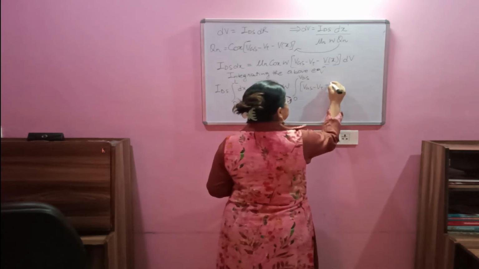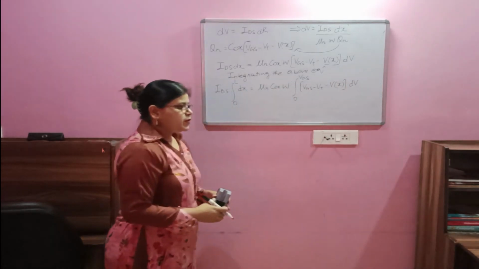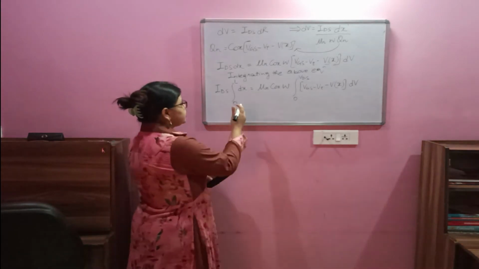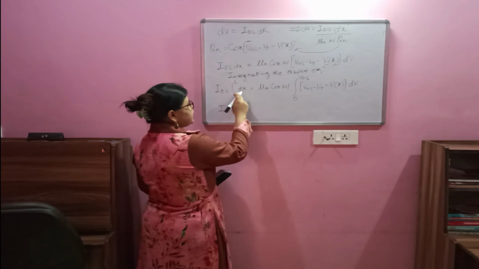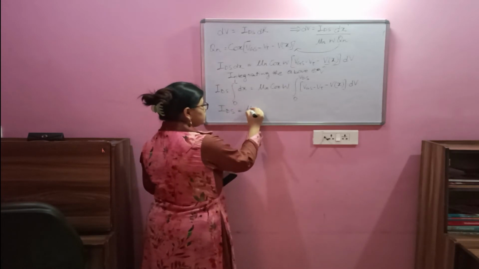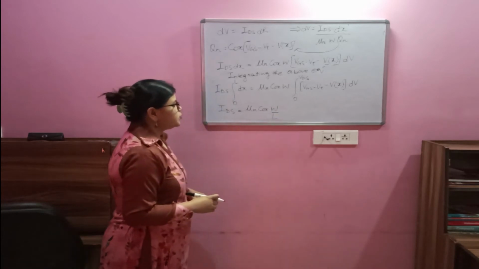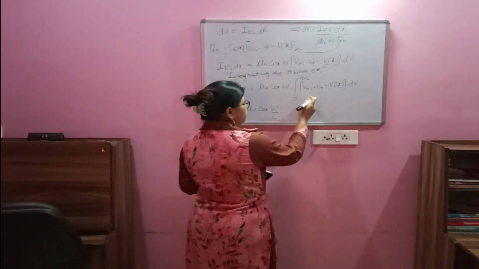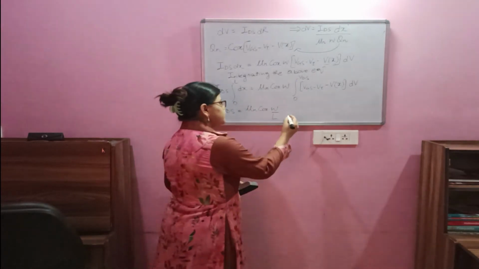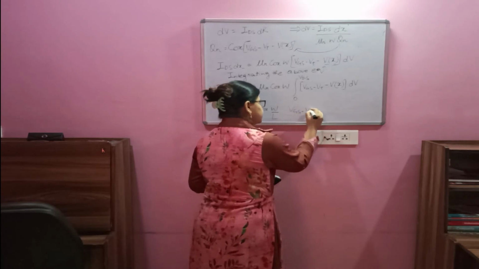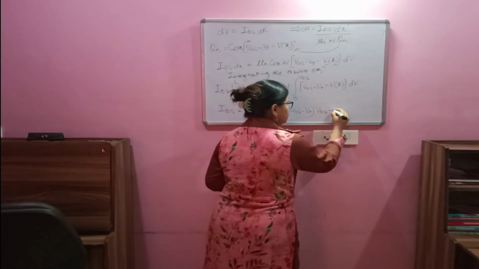So this will be given like this. So it will be written like this. Now further integrating this, we will be getting IDS equals to, here there will be L, so that L I will take it over here. It will now be noted down as this W by L, and integrating this term and placing the limits into it, this will result in VGS minus VT into VDS minus.